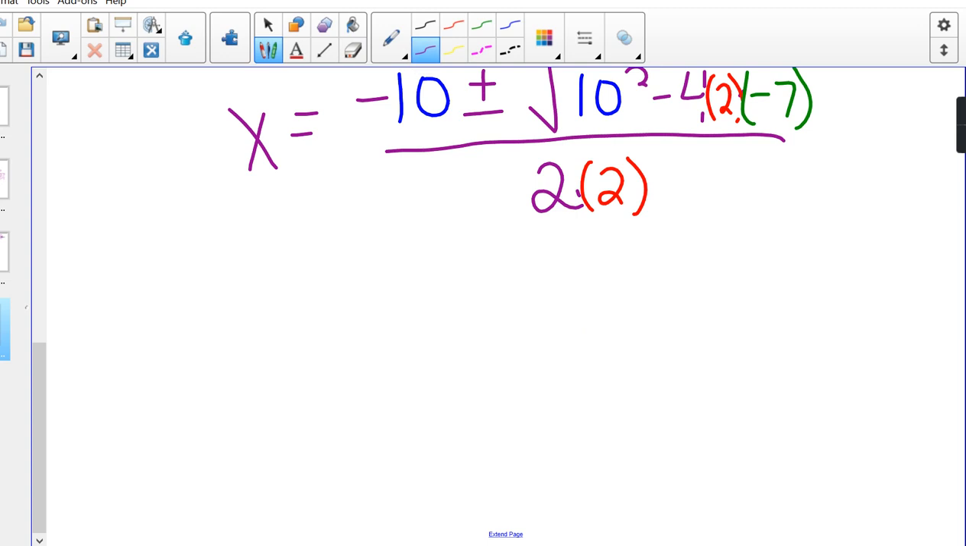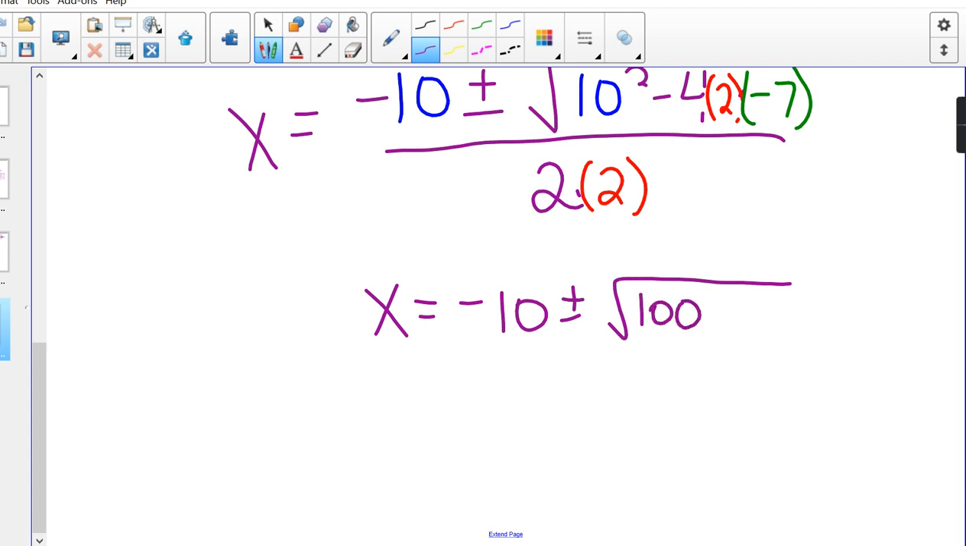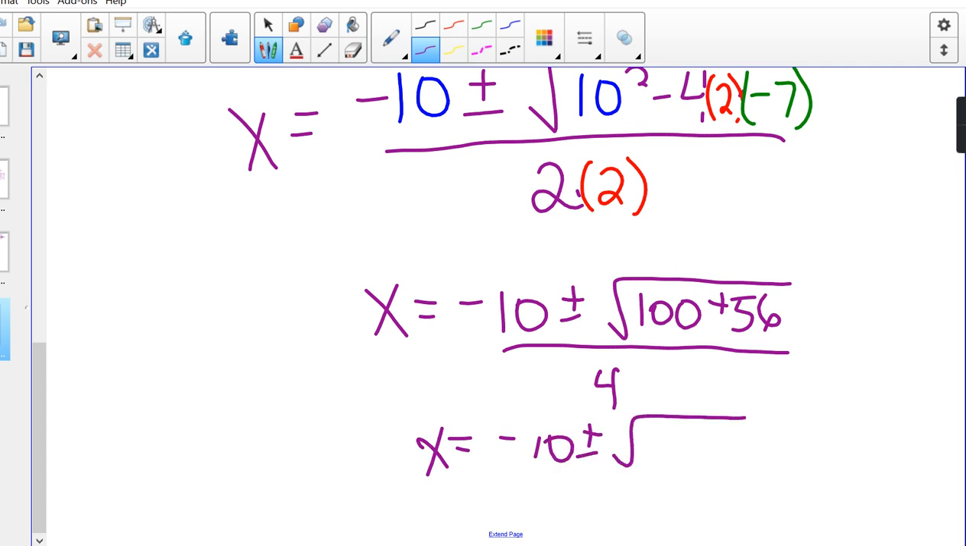So we have x is equal to -10 plus or minus square root, and here's where we need to simplify. 10 squared is 10 times 10, which is 100, minus 4 times 2 times -7. 4 times 2 is 8. 8 times -7 is -56, but it's minus -56, so that becomes plus 56. Now on the bottom we have 2 times 2, which is 4. So x is equal to -10 plus or minus root of 100 plus 56, 156, over 4, and that is